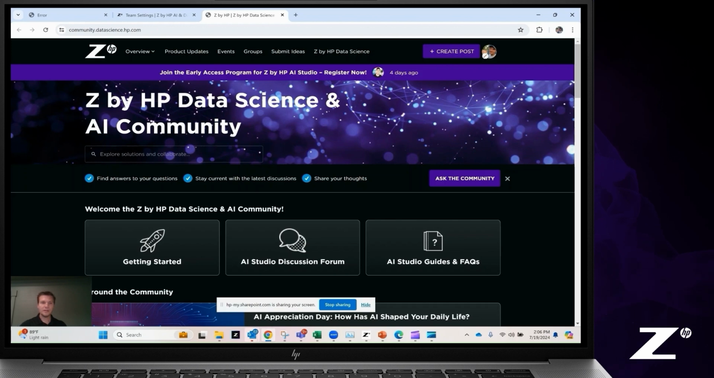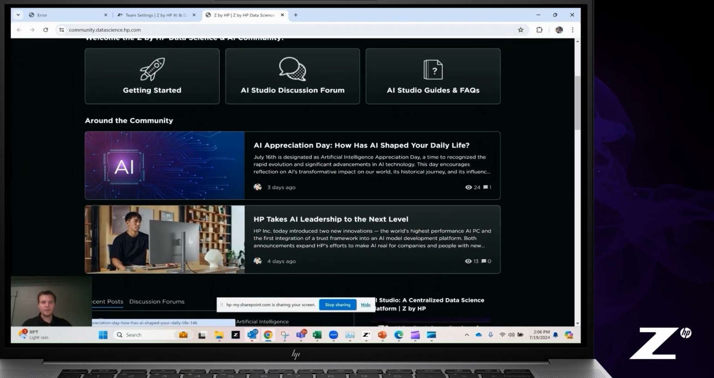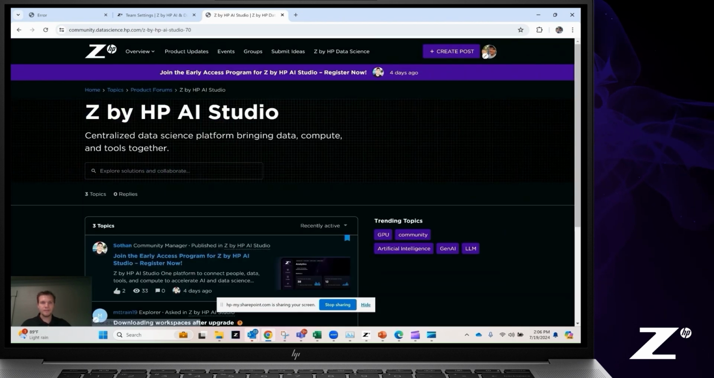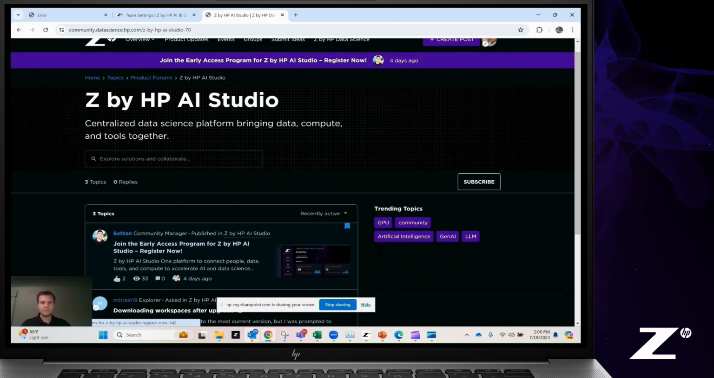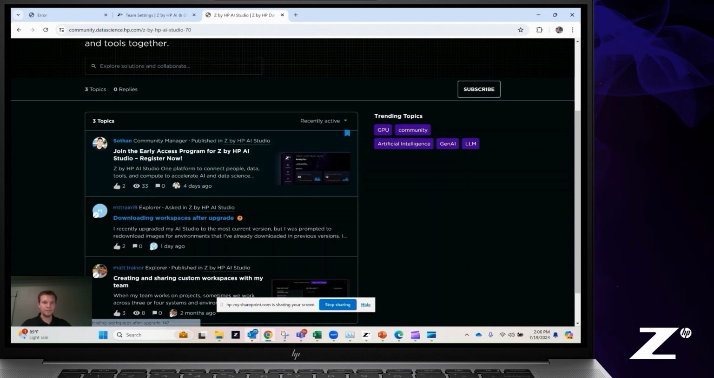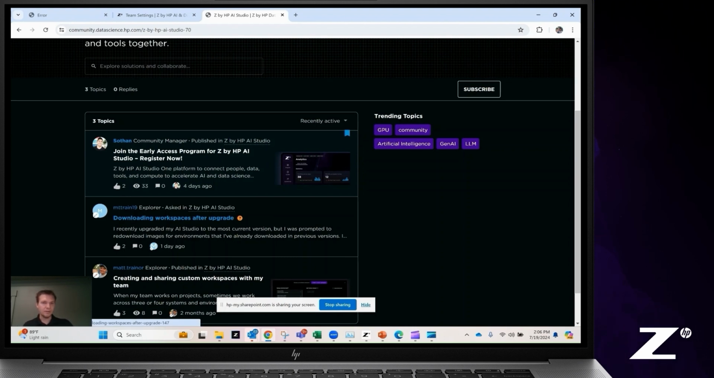So while there's lots of useful information about data science at large, there is also product forums here. So if I simply click on the AI Studio discussion forum, I'm brought to a page where I can see posts from other data scientists about their experience with AI Studio. You can see here, somebody had a problem with downloading a workspace after an upgrade. So maybe there's other data scientists who have had the same issue, and you could click on this forum and